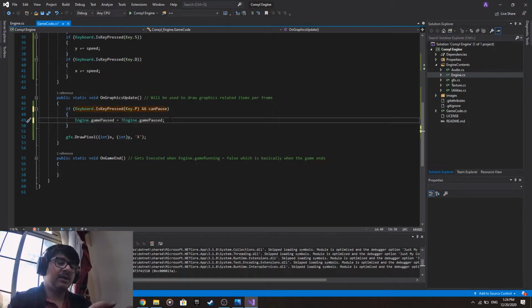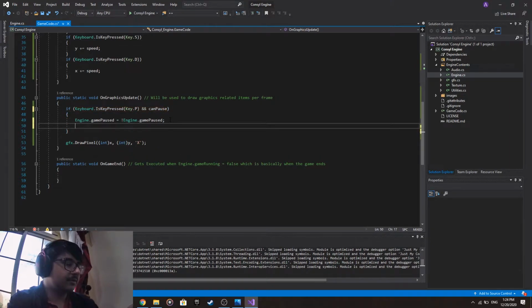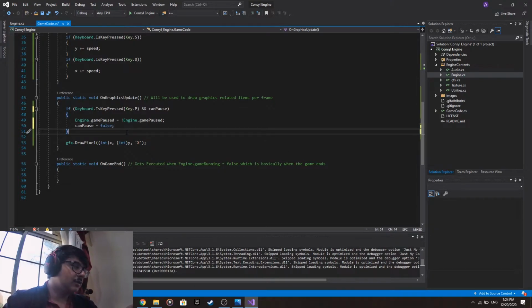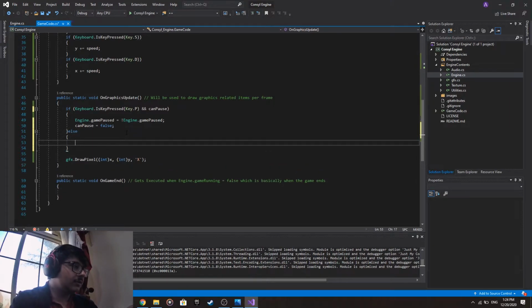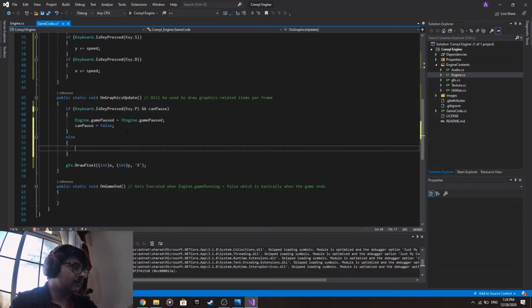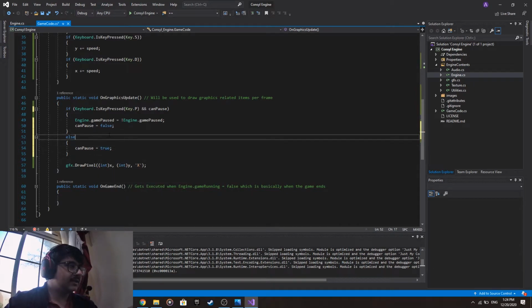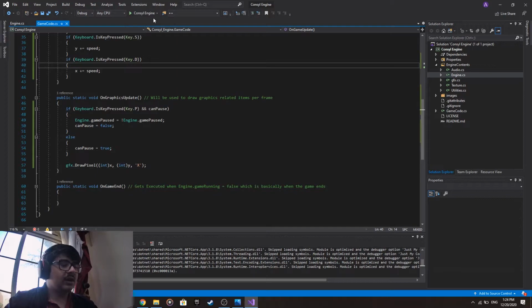Still, it will continue to switch between. So you do this: canPause equal to false, so it can only press pause once. And when you release the button, you do canPause equal to true, which makes some sort of toggling thing. When you hold it, it will not continually switch between. So if I